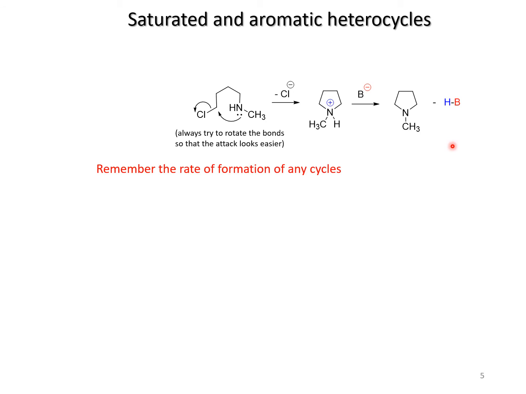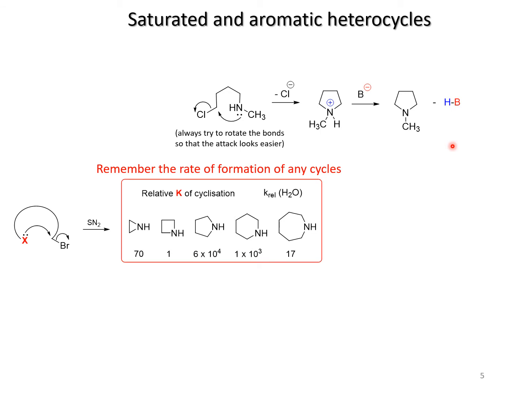Remember, for the formation of the cycle, the rate of formation of any kind of other cycles that we have seen mainly in the second year. So whenever you have this kind of molecules that can form a cycle, we need to evaluate the rate of formation of any kind of cyclization. So if we give, for instance, rate 1 to the formation of the 4-member ring, which we know is one of the most difficult ones, we will see that the easiest molecules that we can form are actually 5-member rings or 6-member rings. We can do reactions like this one, which is a normal SN2, but we can do also